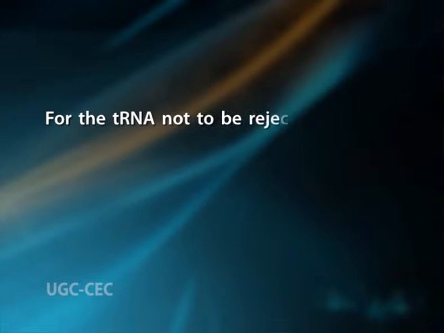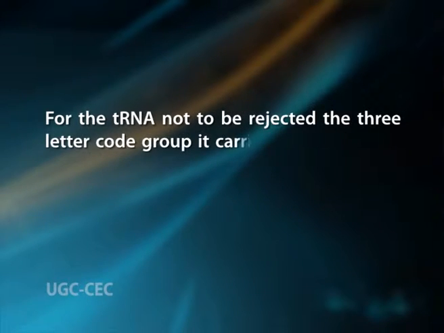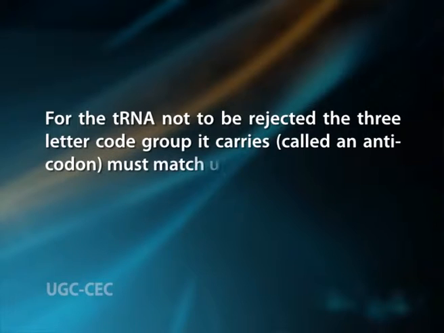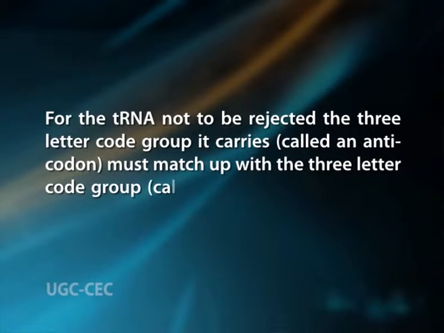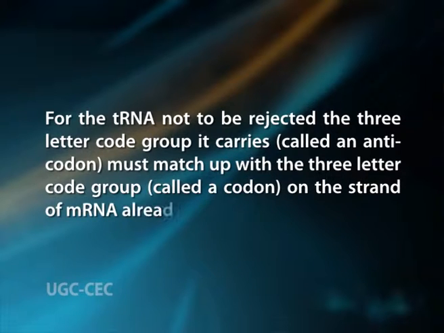For the tRNA not to be rejected, the 3-letter code group it carries, which is also called an anticodon, must match up with the 3-letter code group called a codon on the strand of mRNA already in the ribosome. This is a very important part of the translation process, and it is surprising how few errors of translation occur. In general, the particular amino acid it carries is determined by the 3-letter anticodon it bears. Example, if the 3-letter code is CAG, that is cytosine, adenine, guanine, then it will select and transport the amino